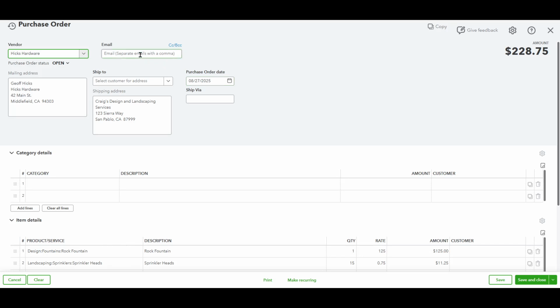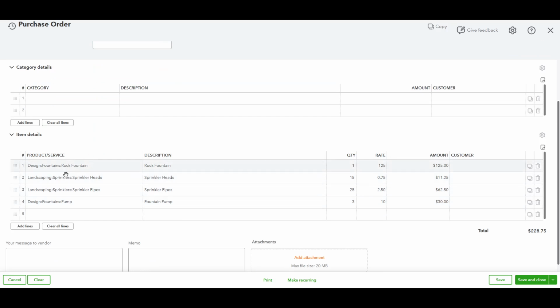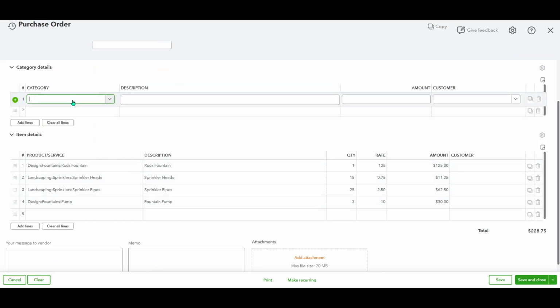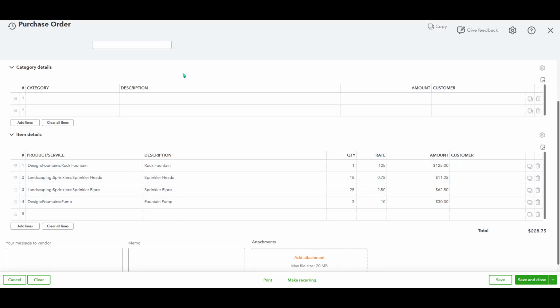Then, it's time to add the category details and the item details for the purchase order. This section is all about what you're actually ordering. You'll need to specify what's being purchased, how many units, and any other relevant specifications. Be sure to enter this information accurately, as it's what your vendor will rely on to supply you with the